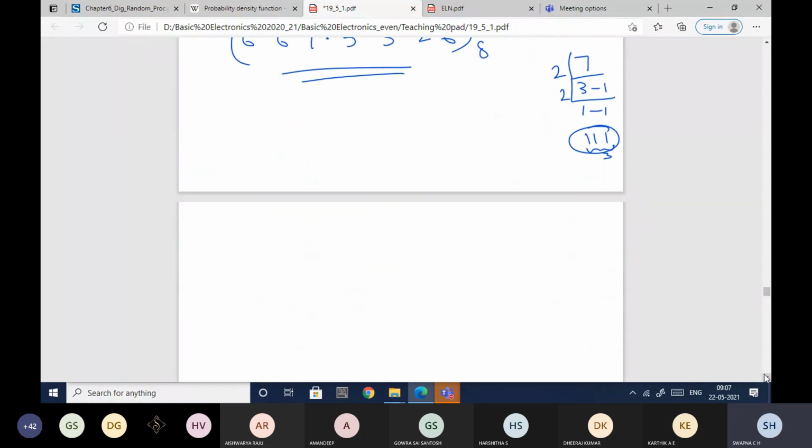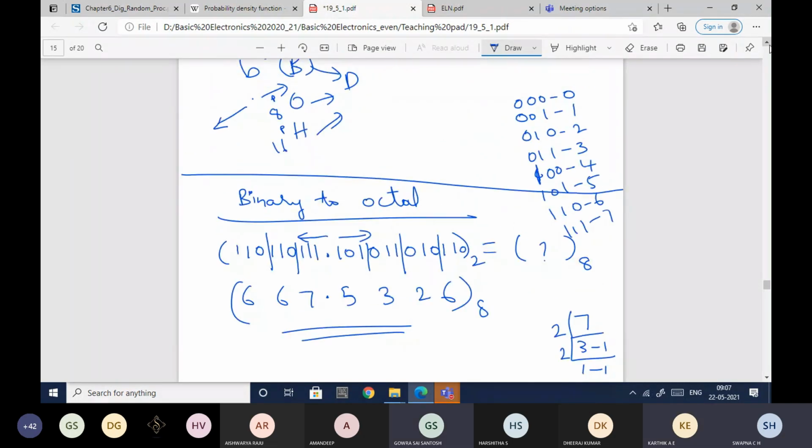I hope this is clear to all of you. Has everybody got this answer? To get the next number, if I have 0 0 0, I need to add 1 to this, so it will become 0 0 1. Again 0 0 0 plus 1 becomes 0 1 0. I'll teach you the binary additions as well, after these conversions.